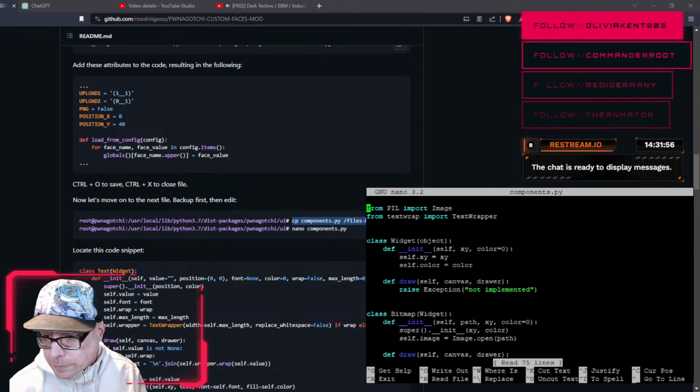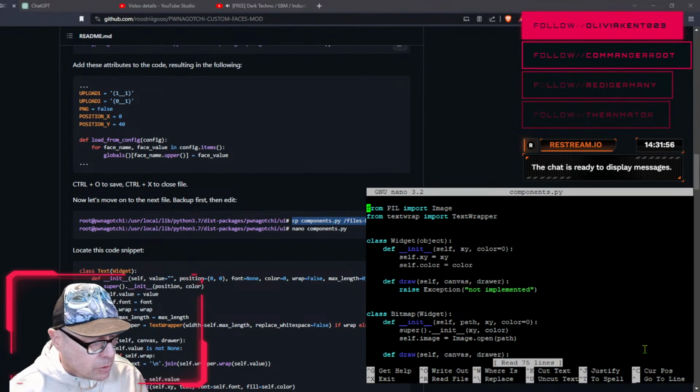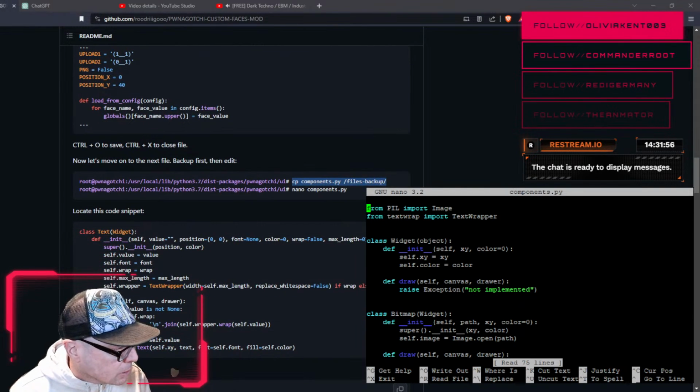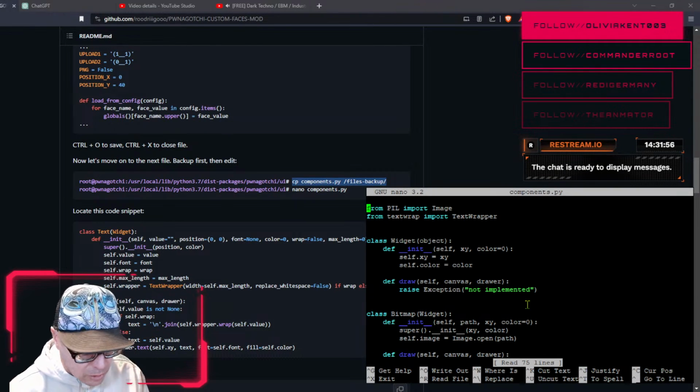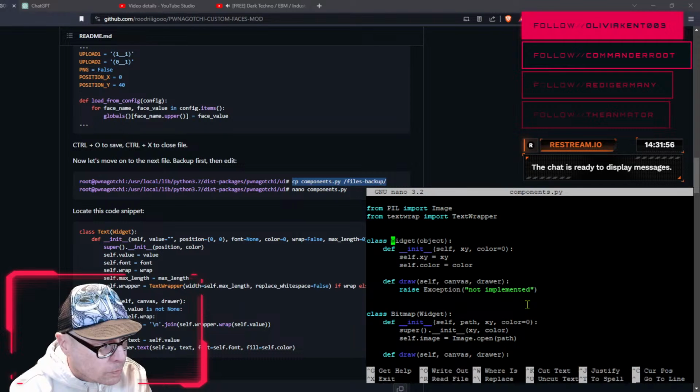Now if you look at Nano here, the caret symbol there represents the control key. So we're going to try to find, I think the most unique word here is maybe text or widget. So let's hit Control W, search widget,